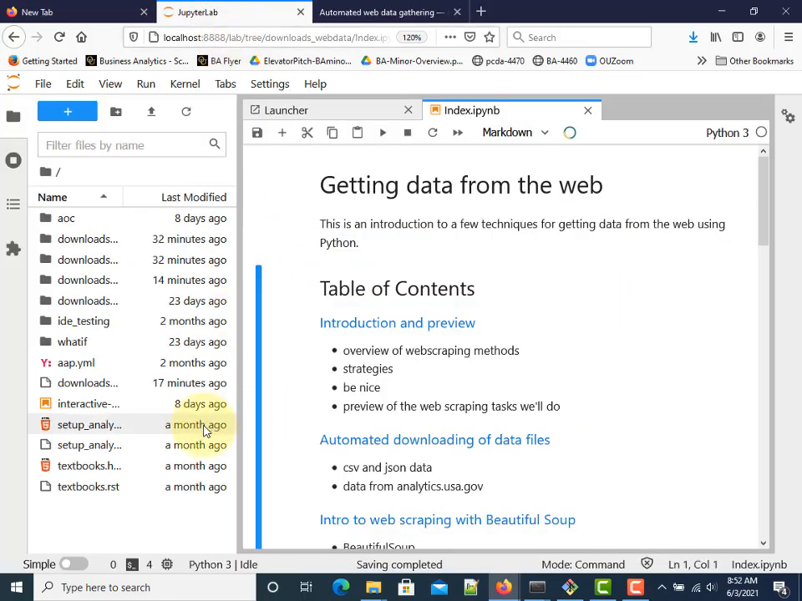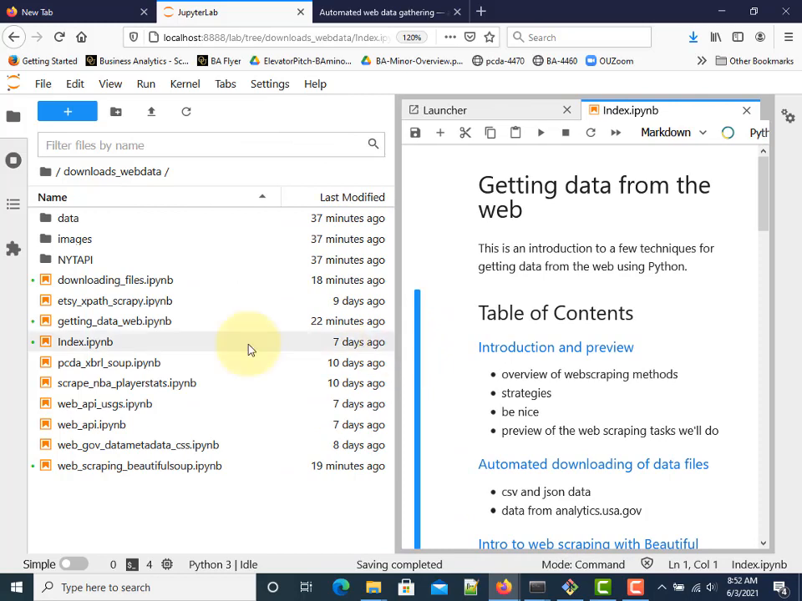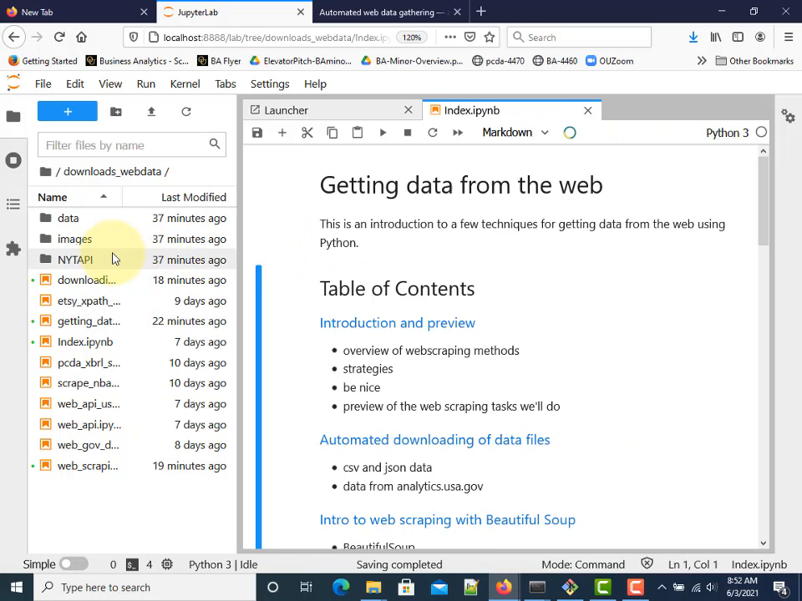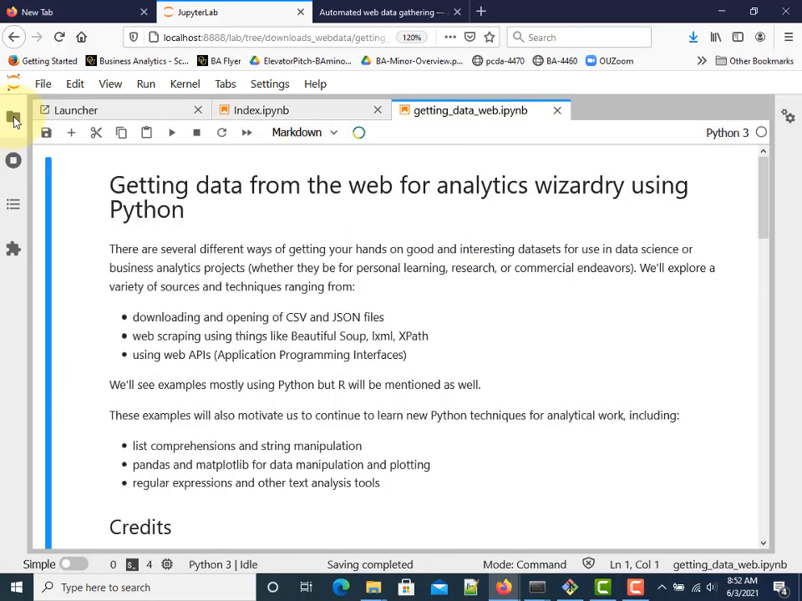So just to start, let's see if this is right. Yeah, in the downloads data folder or web data folder, right? We've got all these that correspond to all those things you just saw. And here's the index page, which is the same kind of information that was on our main web page, but it's got links to each of the individual files. So, for example, if we go to this one,